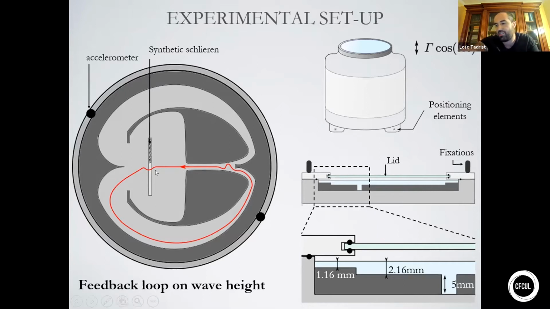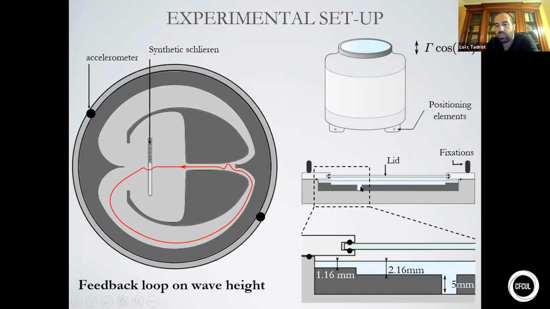I remember that John spoke about crossing the Faraday threshold as a Loch Ness monster, but now we are trying to control that. Our experiment is protected from air currents with the lid,